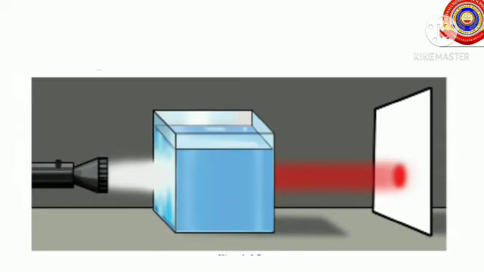Students, can you say when hydrochloric acid was added to the solution, which color did spread first in the solution? Yes, violet, indigo and blue. And can you say the color changes observed on the screen in the order it occurred? Yes, it is from violet to red, that is VIBGYOR. And the final color observed on the screen is red.